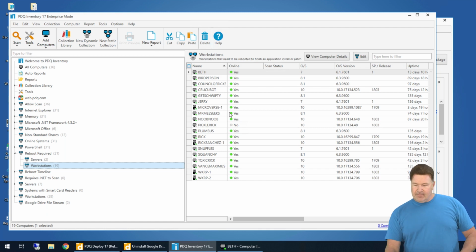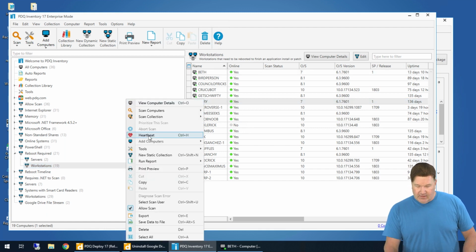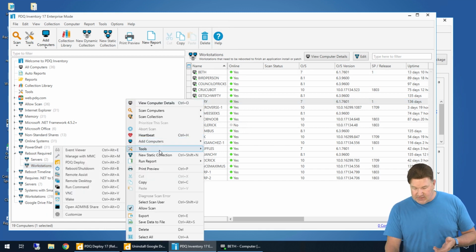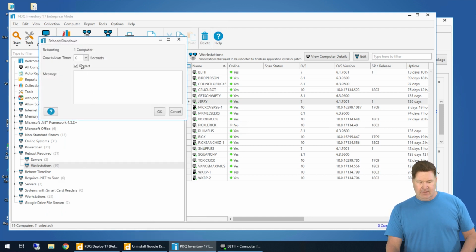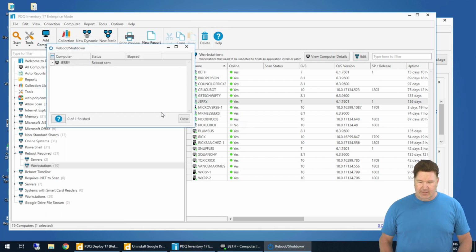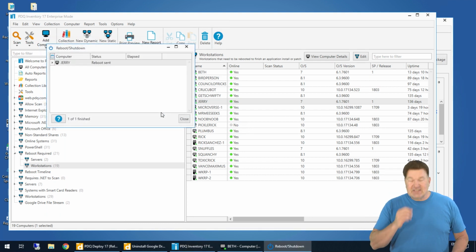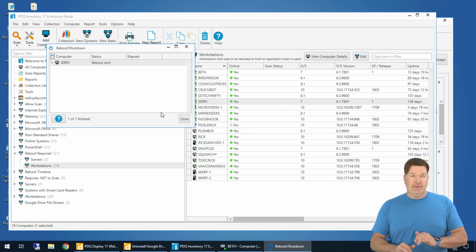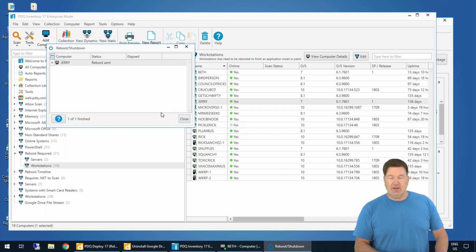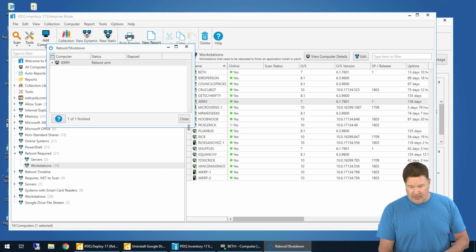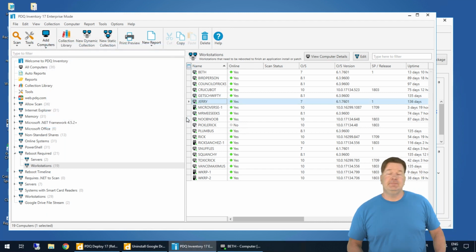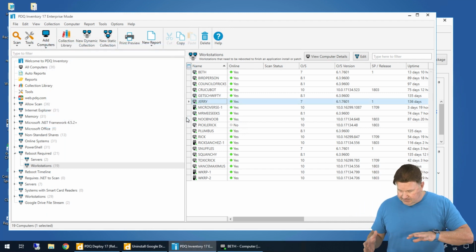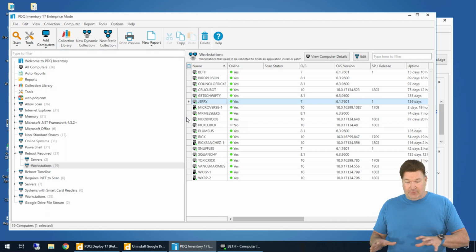I'm just gonna need you to back up, save all your data, save all your work, and I'm gonna send you a reboot or shutdown. There it is. We're gonna do a restart, give it an okay. And there it is. The reboot's been sent, and I didn't have to go to Deploy, type out the computer name and send it. It's already been highlighted on the user's machine there, and that machine's rebooting. So there you go. That's some great things you can, or some easy things you can do from Inventory